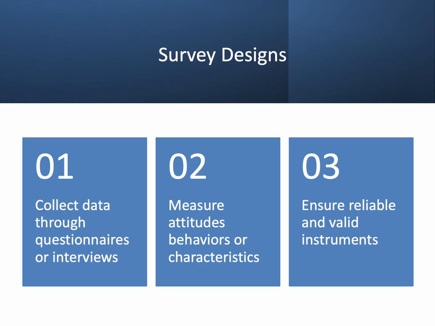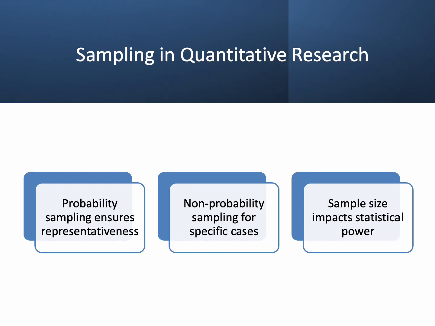This slide transitions to sampling in quantitative research, where we'll explore how to select participants for representative and reliable data in healthcare and social science studies. Following survey designs, let's discuss sampling in quantitative research methods, a critical component for healthcare management and social sciences. Probability sampling, such as simple random or stratified sampling, ensures each population member has a known chance of selection, enhancing